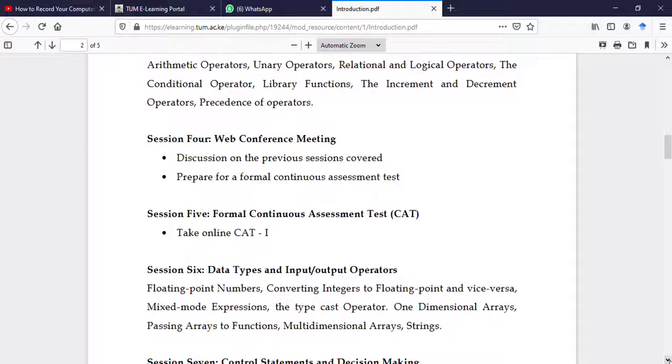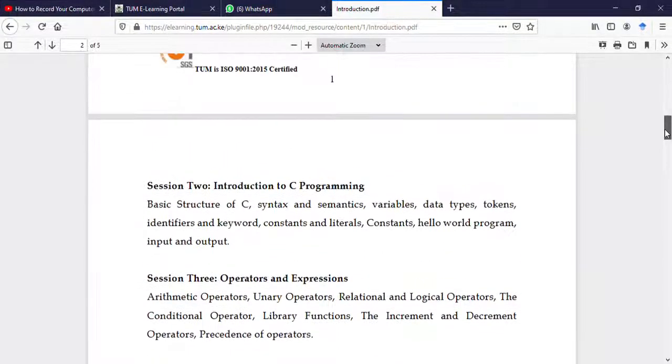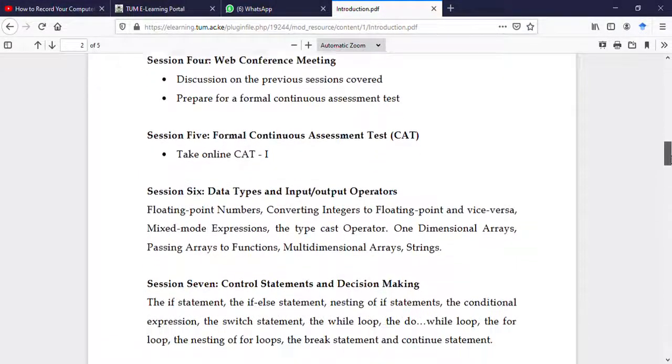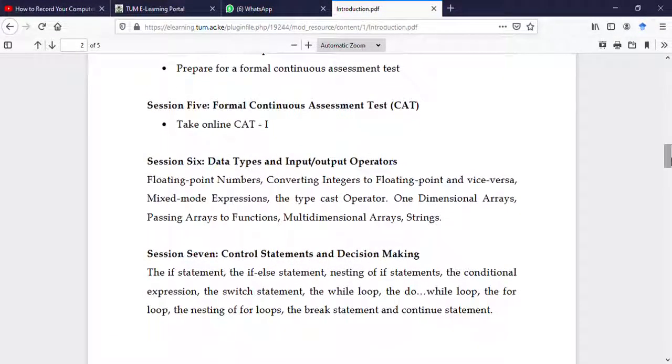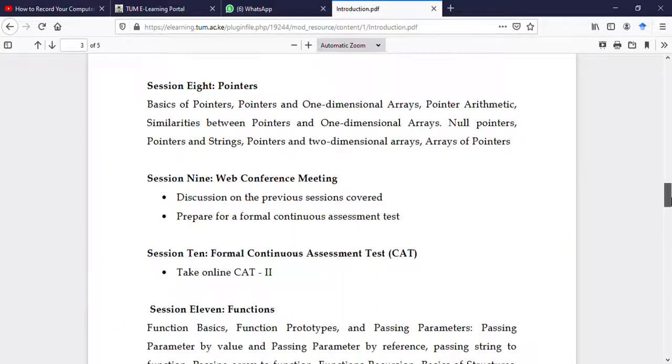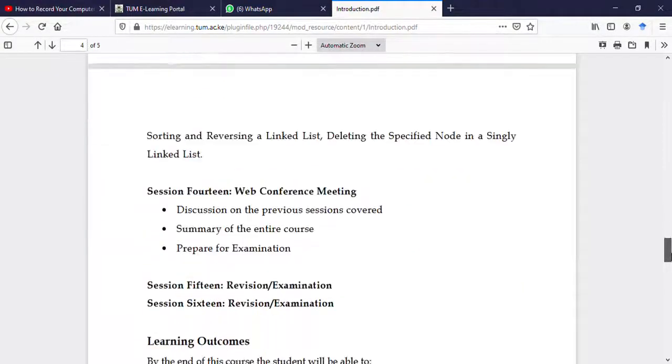You'll also be required to sit for some continuous assessment tests, so that will be communicated to you by your lecturer. You'll also discover that in every session you're supposed to have an activity, like in form of an assignment. So try to attempt all those assignments and submit them back to the lecturer so that you can get feedback from them. So the sessions are normally divided like that,